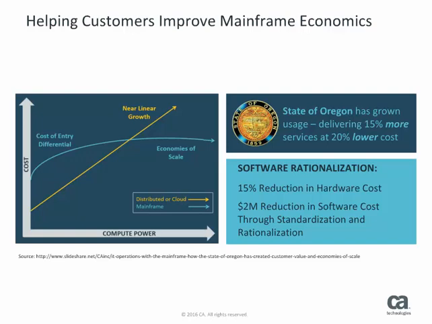Here's a simple example. A government customer has downstream state agencies, not particularly well known for cost control, to buy more from them. On the mainframe economics continuum, the customer started small. It rationalized to cut costs and also created much standardization across their organization, such as standardizing on CA Endeavor and CA Workload Automation. By doing so, it lowered the costs of their services quite dramatically, on average by 20% per unit, while increasing the total amount of service delivered.